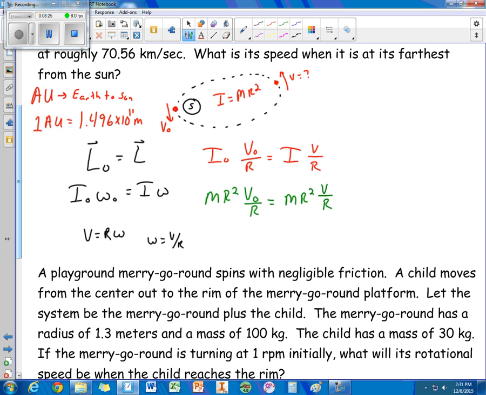Now, something I noticed, the values for R change. So I need to have an initial value, R naught, right here and right here. Okay, we can do some algebra with this. The mass of the comet cancels. We get some cancellations here. So what we're left with then is that right there. So the final speed of Halley's Comet when it's the farthest point away from the Sun